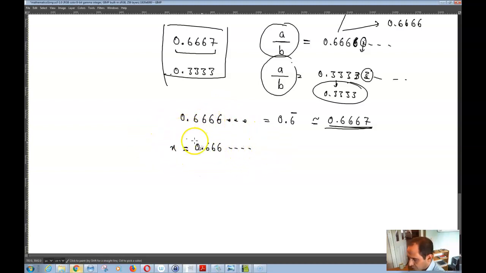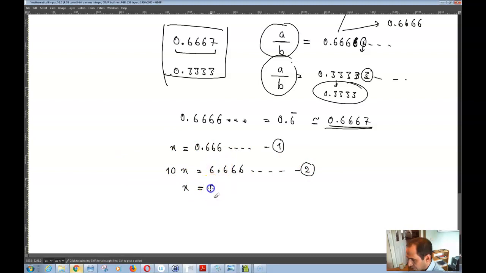I can multiply both sides of this equation by a factor of 10, for example. I would get 10x is equal to, and this decimal point moves to the right by one decimal place, because you're multiplying by 10. You'll get 6.6666 and so on and so forth. Now I have this equation number 2, and I had this equation number 1 over here. I can write this equation over here and subtract it from equation number 2, meaning that I can write